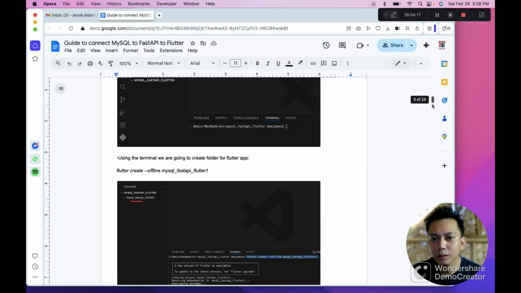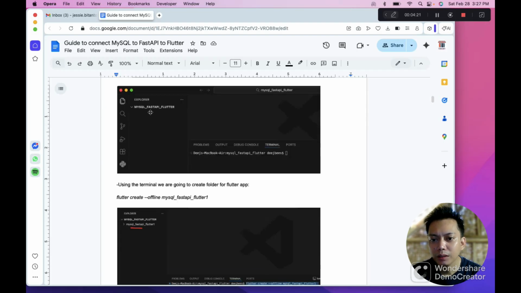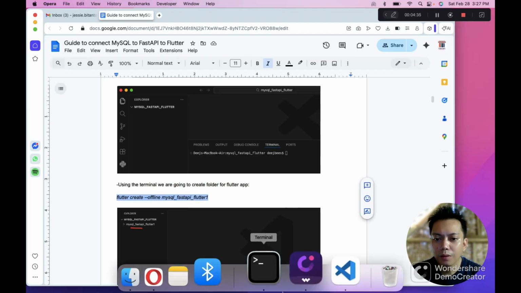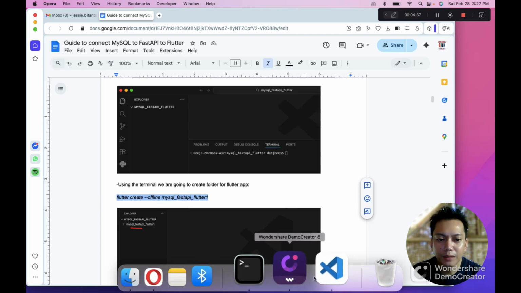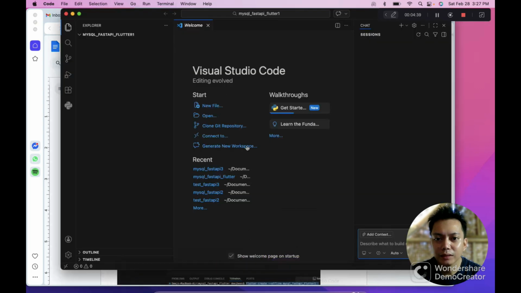After that, once open, we're now going to use the terminal to create the folder for the Flutter app. So here's the code: flutter create --offline, then the name of the Flutter project.